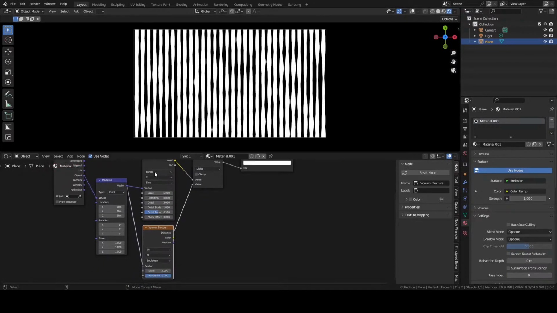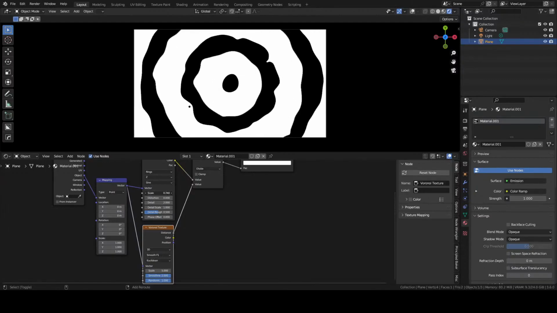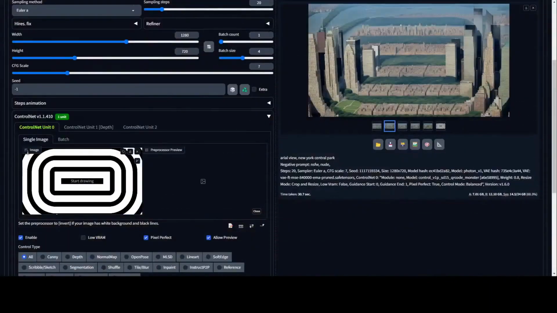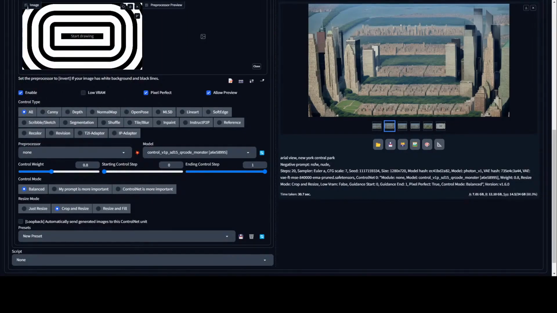So this is kind of cool. So we go ring Z, so we're going to get a circular type situation, a spiral sort of situation. What is this dot? And then just change sliders until you got something cool. In which case, I think this might be pretty cool. And what did ControlNet say? Let's go back and see. It said it works best when inverted from white background and black line. So it wants black background and white line. Black background, white line. I think we got that going on now. If you want to reverse that, you just literally swap the places of these on the color ramp. Easy peasy. But for this one, I think I'm going to go with that.